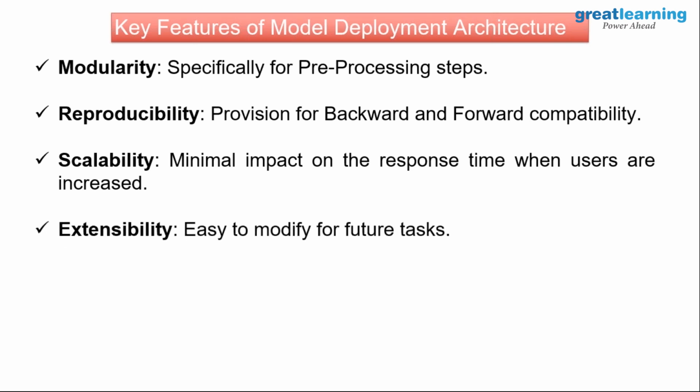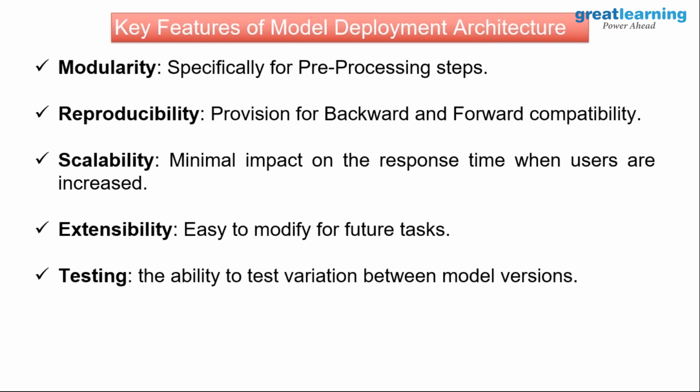Okay? Extensibility, which means if there are certain additional tasks which need to be done, where do we have these additional tasks as far as the model development is concerned? Let's assume there is a new data set coming which talks about certain features which were not collected earlier, and we are rebuilding the model taking those features into account. Then what we need to ensure is that the model which we have built and deployed should be extensible. It's not that we have to get into an exercise of doing a deployment from scratch.